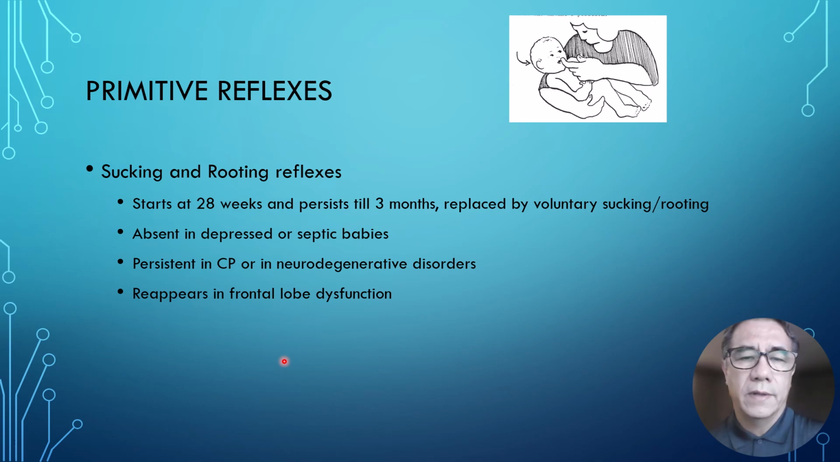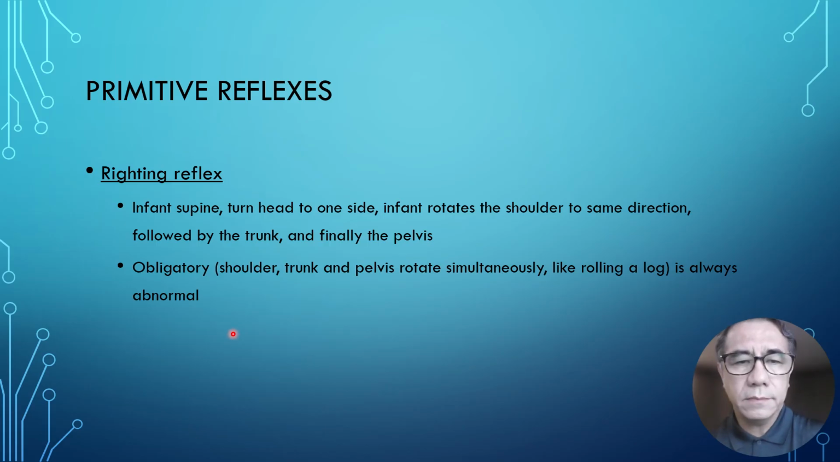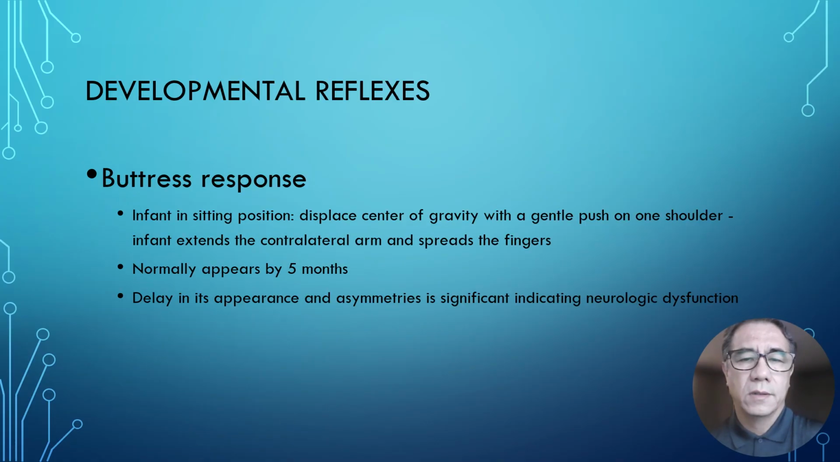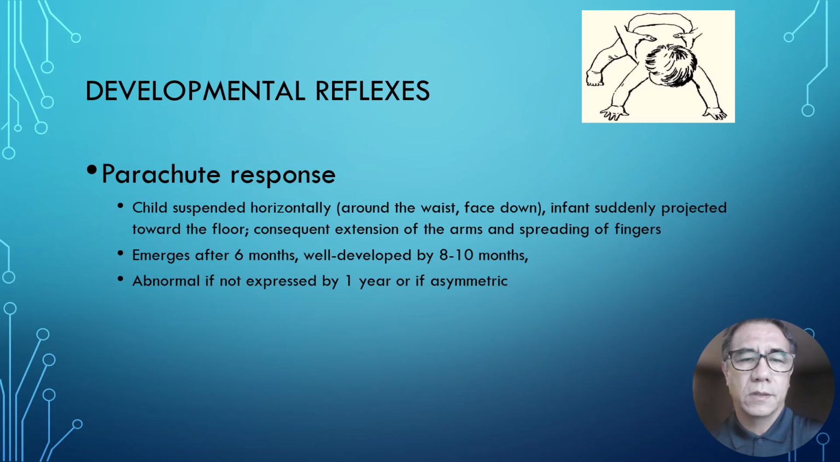Sucking and rooting reflexes are persistent in patients with cerebral palsy or neurodegenerative disorders, and even in adults, if they reappear, it's usually a sign of severe frontal lobe dysfunction. Writing reflexes, palmar and plantar grasp reflexes should be elicited in infants, the buttress response, the parachute response,